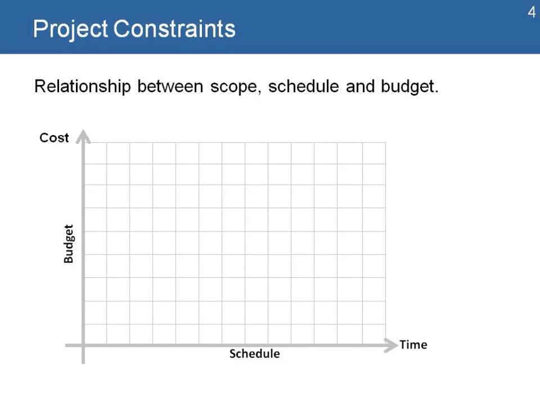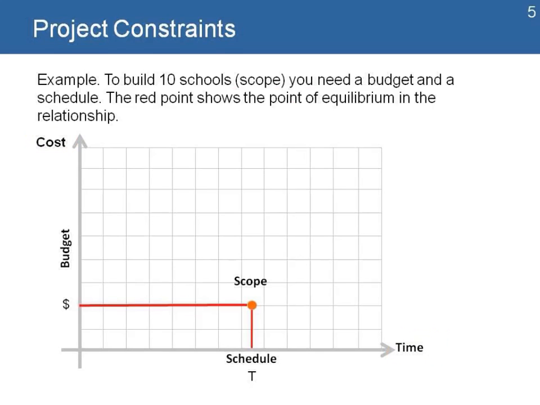I'm going to use this graph to represent cost and time in this grid, and the relationship that exists between scope, schedule, and budget. Let's say that I have a budget and I have a time and a scope to deliver something represented by that point, meaning that for me to deliver that scope of work, I have estimated a time and